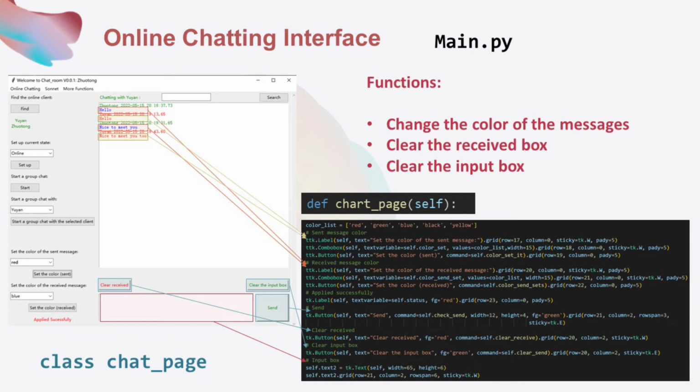Then we use TTK combo box to set values in a color list for the client to choose, and relate to the variable self-color-set to set new colors. If a new color is applied successfully, we use TK-label to show a message on the interface. The buttons like Send, Clear Received, Clear the Input Box, and the Input Box are set using a similar way